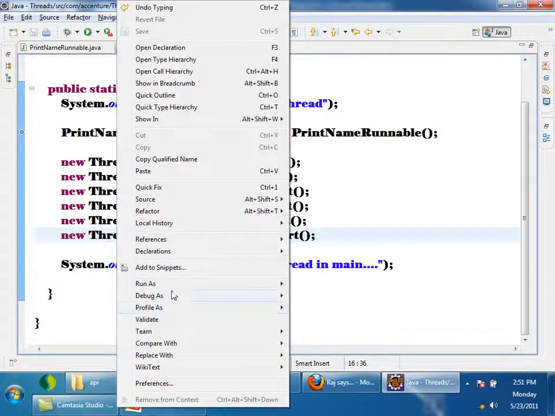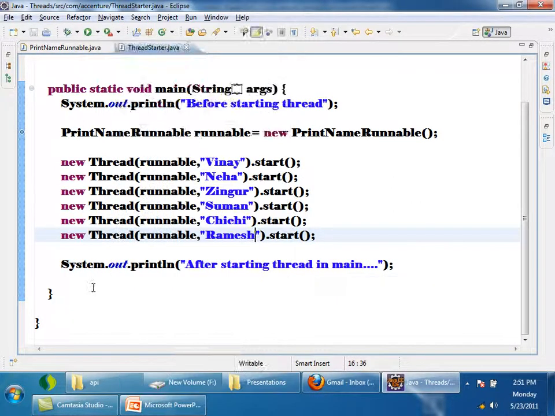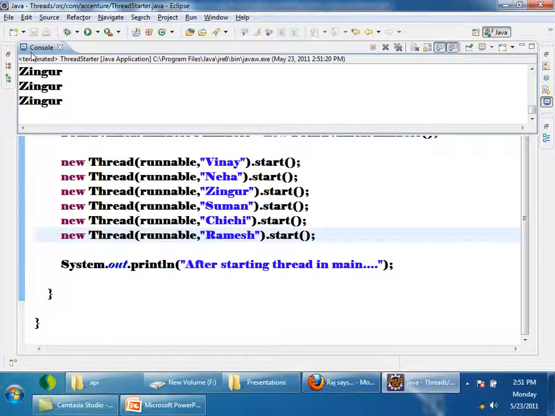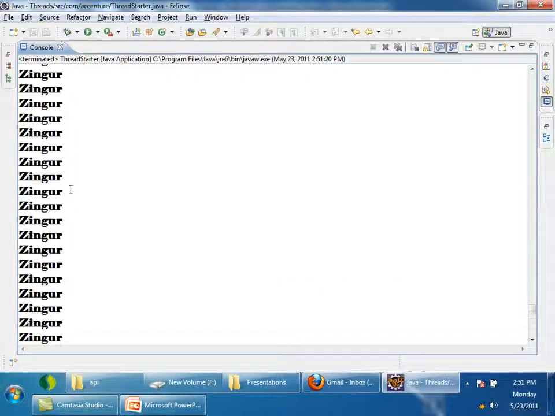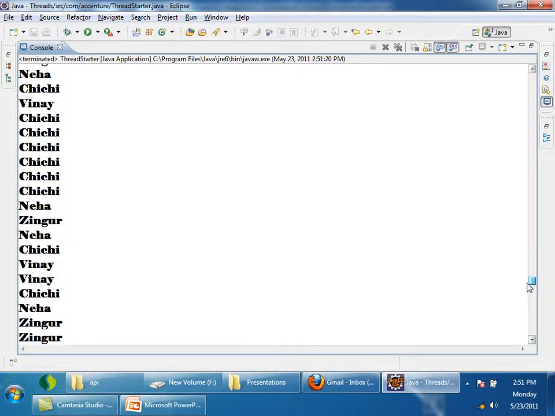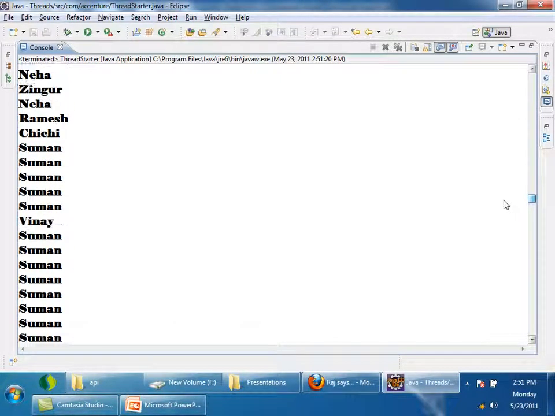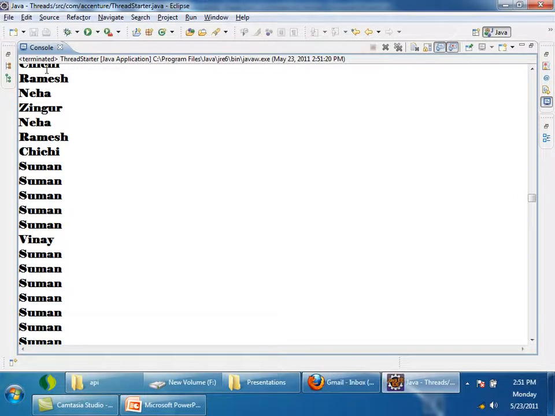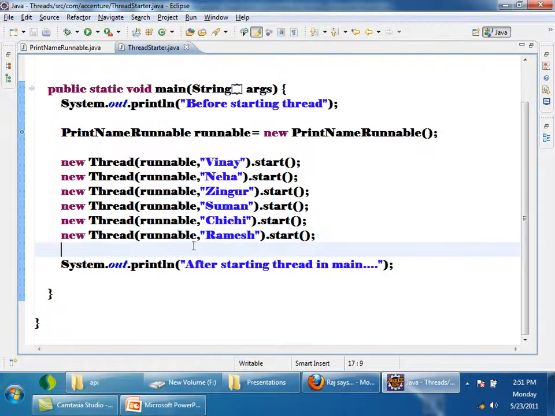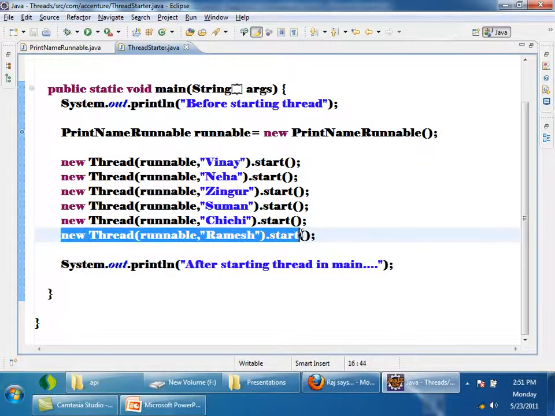I give my own names now. If I run this, it will print these as the names. So Jingur is at the last. Tell me, I created Ramesh at the last, but will Ramesh end at the last? No, why?